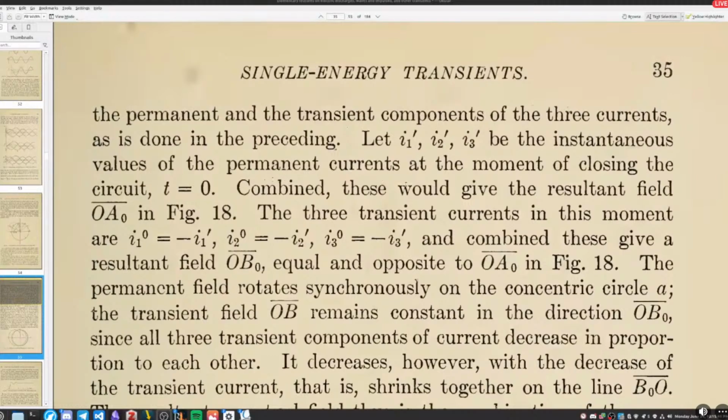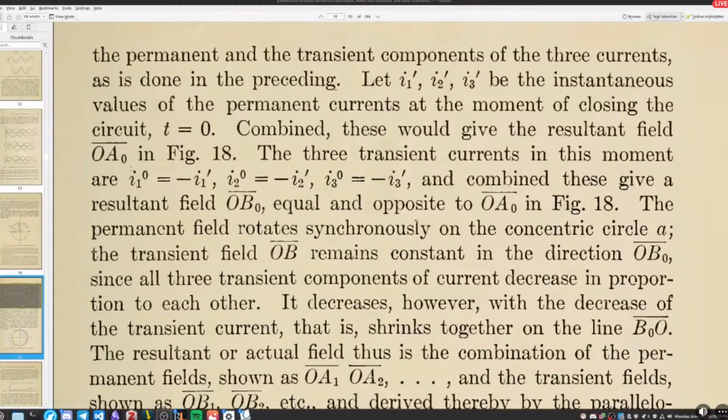Combined, these would give the resultant field 0A naught in Figure 18. The three transient currents in this moment are given by I sub